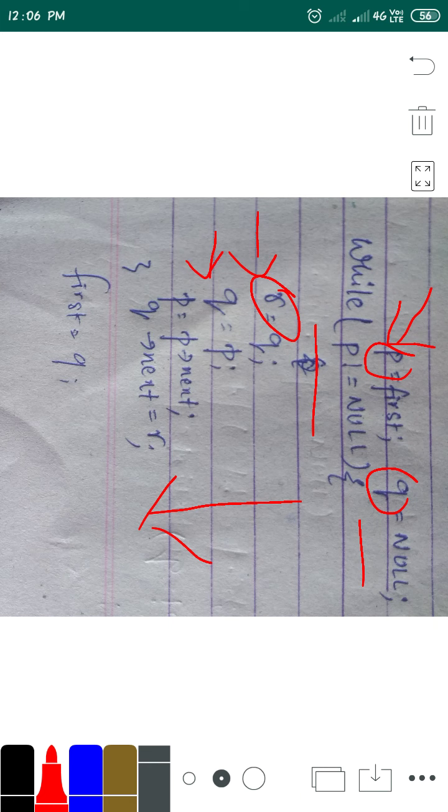Like you can see, we have three pointers P, Q and R. We are just assigning this to this and this to this.